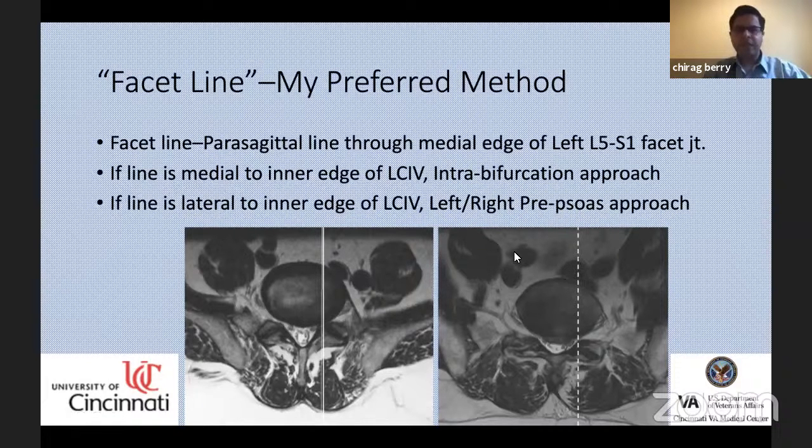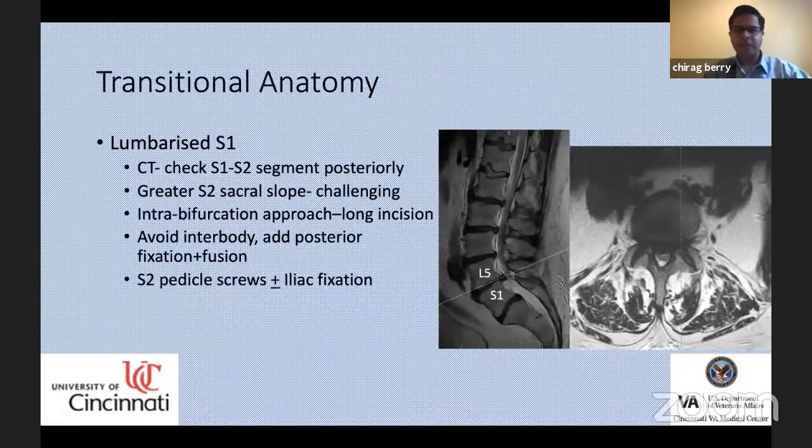Then comes transitional anatomy. There are two kinds that we need to worry about: the lumbarized S1 or the sacralized L5. The lumbarized S1 is the most challenging one. This is an example here. You see that seems to be the S1 segment, but there's a well-formed disc between S1 and S2. And you kind of are in a dilemma whether you should put an interbody cage here at the S1, S2 segment